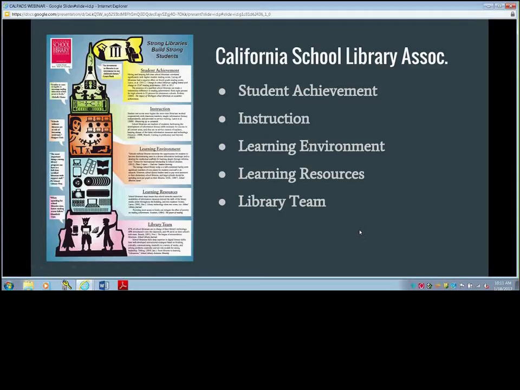And then, of course, the library team, which includes not only a teacher librarian, but also what many people identify as the librarian, which is a classified library clerk that is essential to the library, but is not a teacher. So many of our districts, when they hear the word librarian, instantly go to that person that is doing that essential work as a clerk, as a classified individual in the library, but that is not a teacher librarian because that person is not a teacher. And remember, a teacher librarian's primary directive is instruction.